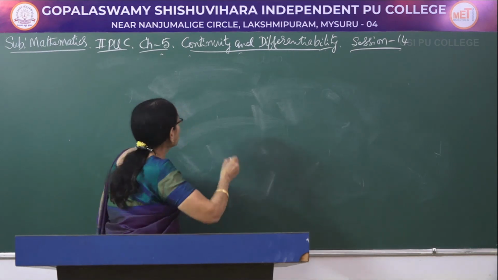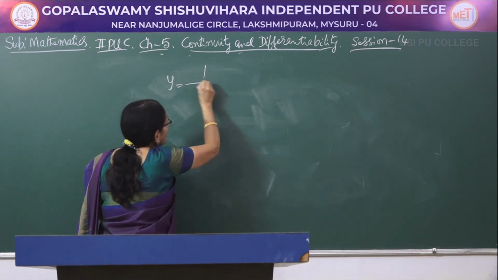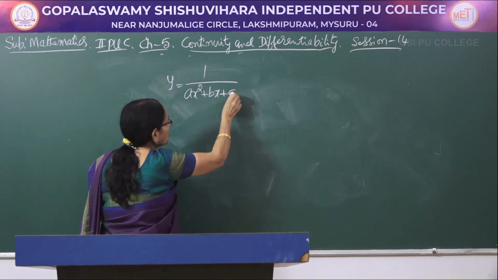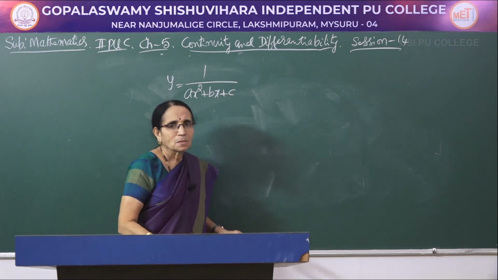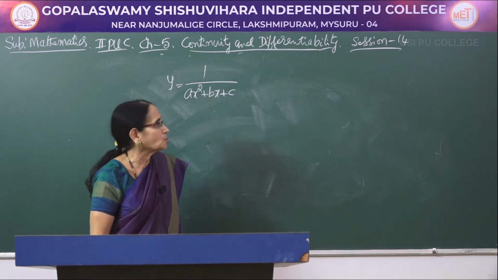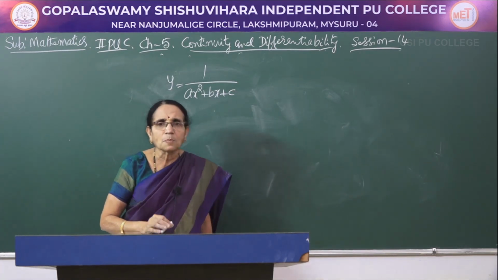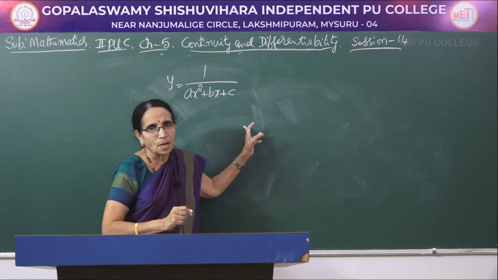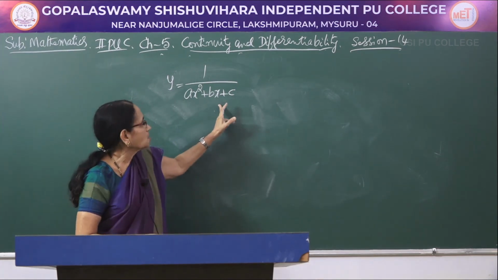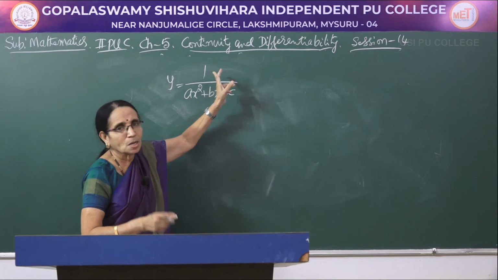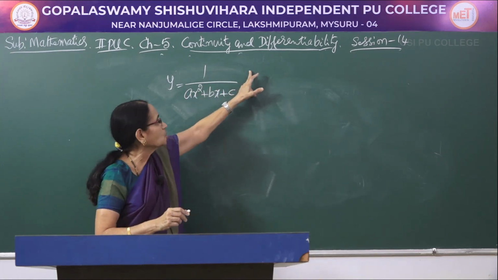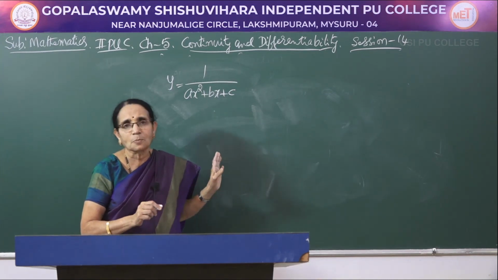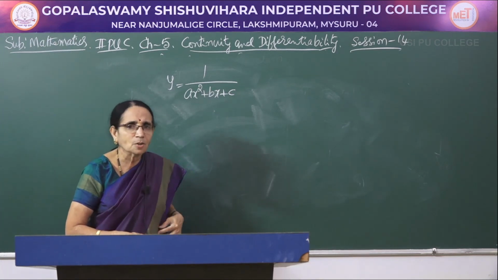Now, one more thing, one more problem. I am using another problem: 1 divided by ax square plus bx plus c. See, I am considering each problem a little bit different from the previous one. Now, in this particular problem, you need not apply the chain rule, you can apply the quotient rule also. It is of the form u by v. So, when you apply the quotient rule, it is v into du by dx, the numerator being a constant becomes 0, minus u into derivative of this one, divided by the square of the denominator. In this particular problem, you can use the quotient rule and also get the result.